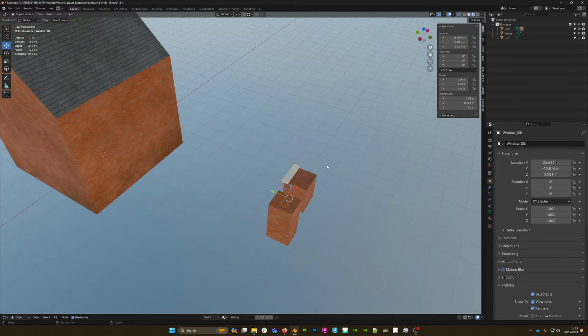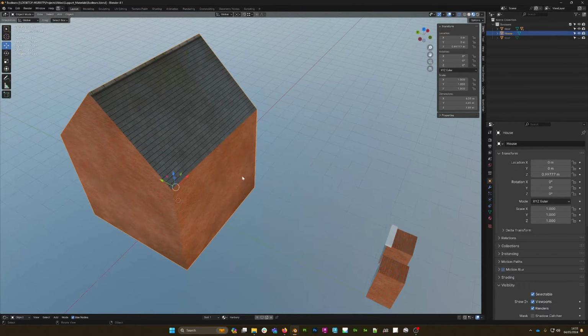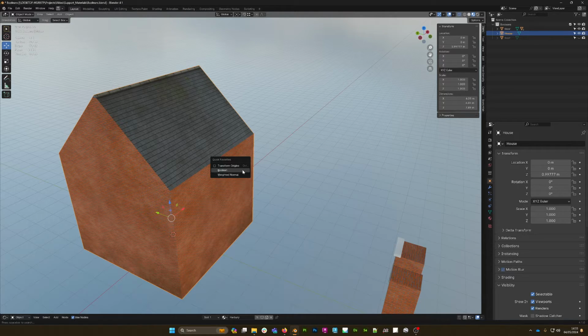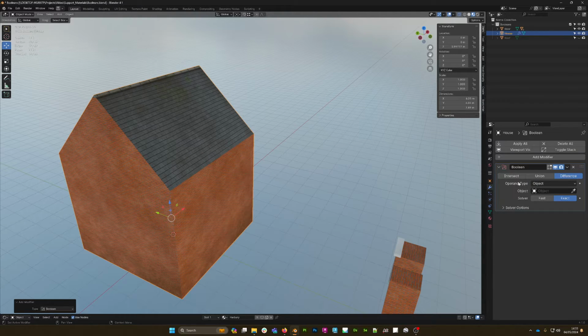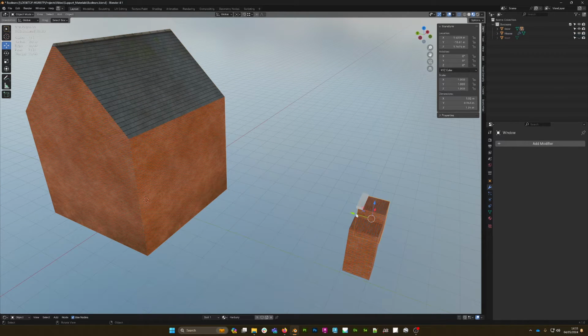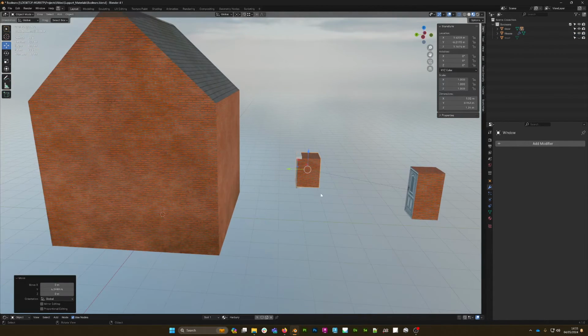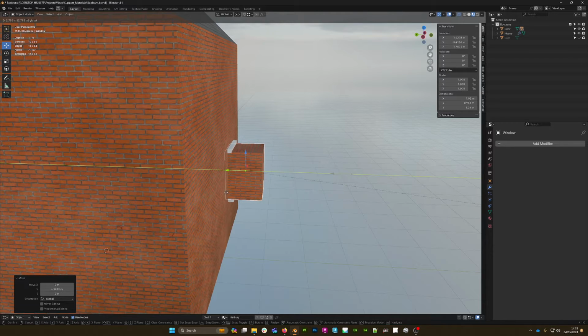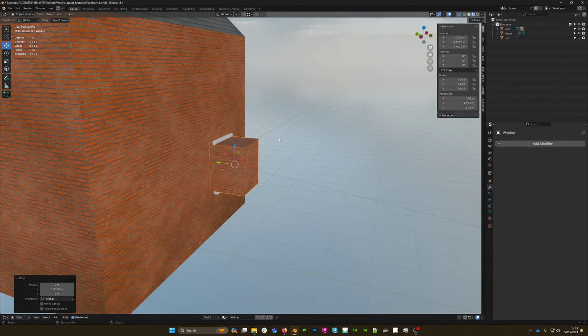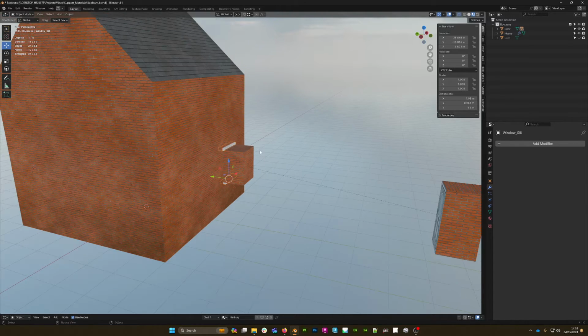So simply, all I'm going to do is select my house. I'm going to press Q to bring up my quick menu, and I've added the Boolean modifier to the quick menu, so I just need to click on it there and then come over to the modifier tab, and simply select the dropper in the object row there. If I select my window, I can move the window object over to the house so it starts to intersect like that, and you'll notice that the window sill and the lintel have come along for the ride because they are parented to this